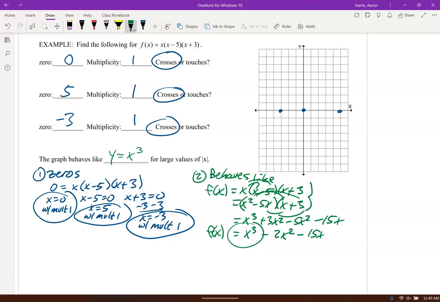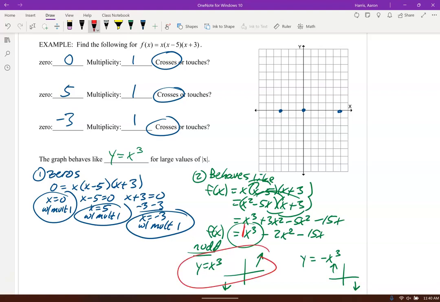So I want to think about that. I'm like, okay, it's an x to the third. It's a third degree. That means it's an odd degree. N is odd. So does it behave like x cubed, which goes down to the left, up to the right? Or does it behave like negative x cubed if I had a leading coefficient that's negative? And you say, what's the leading coefficient? Positive or negative? Positive 1, yeah, so it behaves more like x cubed. So this thing's going to go down to the left and up to the right, just like x cubed does,